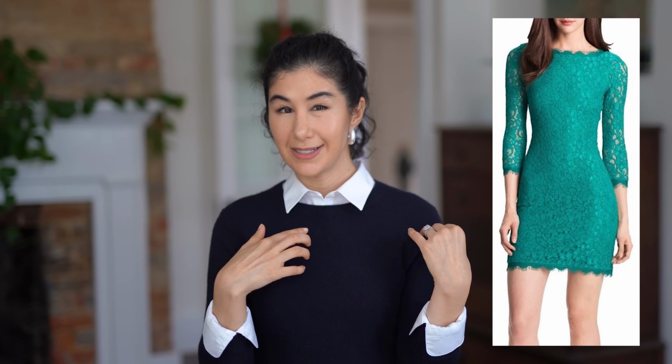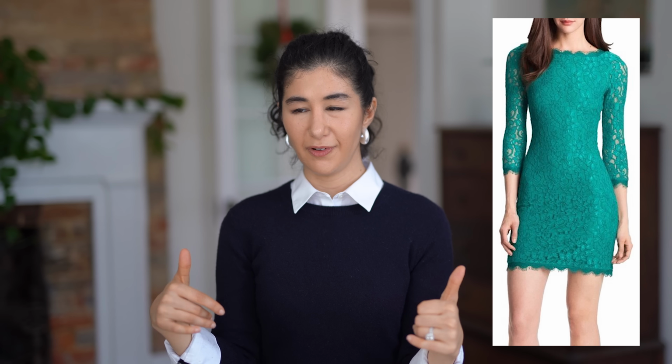So I remember trying on that dress. I couldn't find it in green, but I tried it on in a different color and it just did not work. And looking back now, I can understand why. It had slightly sloped shoulders and a slightly different neckline, and the length was different, and it just didn't work on me at all. So I sent photos to my mom,